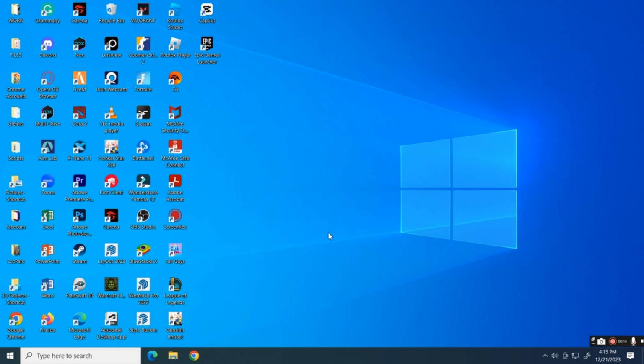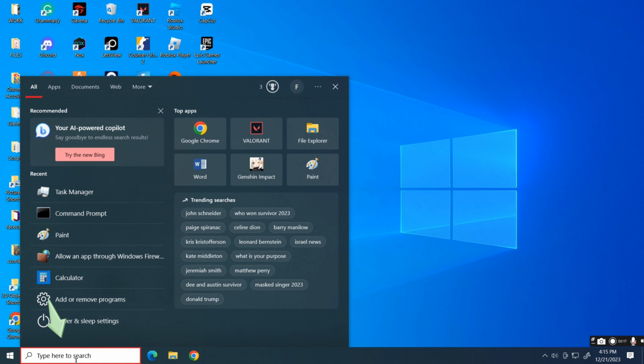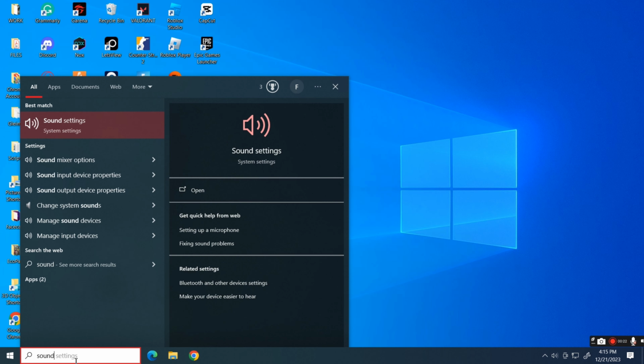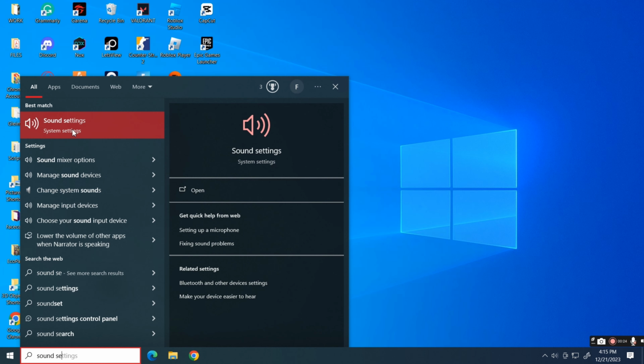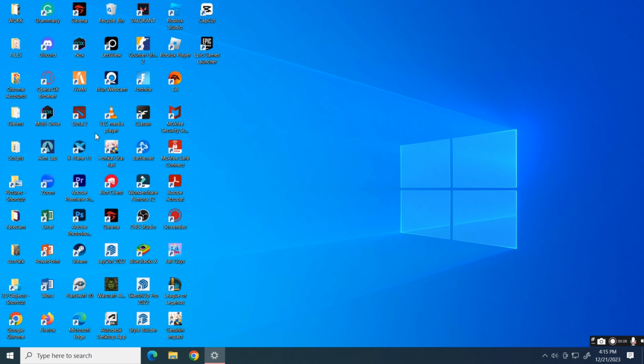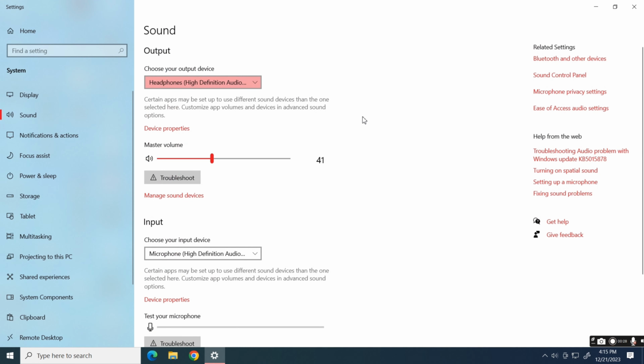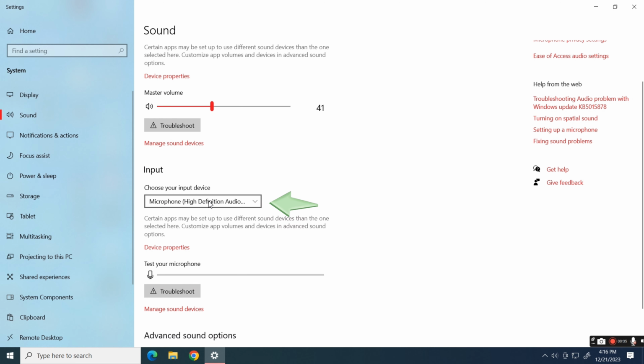First thing you need to do is to check your input microphone settings. Click the search icon below and search for sound settings. Open the System Settings app. Now look for the input device and select the microphone you are using. Test your microphone if it is working by checking if the selected input device has a sound wave when you're